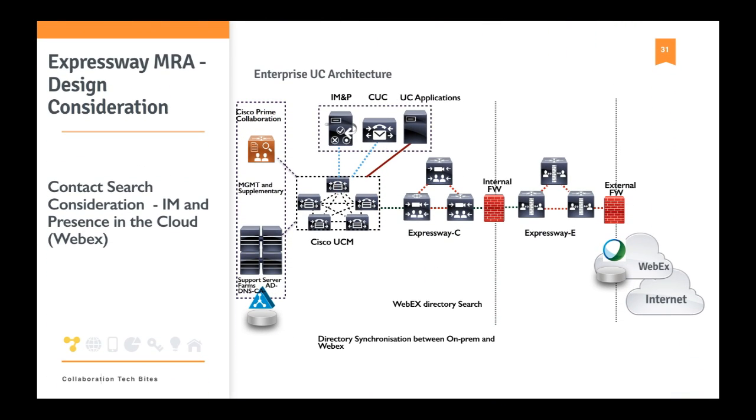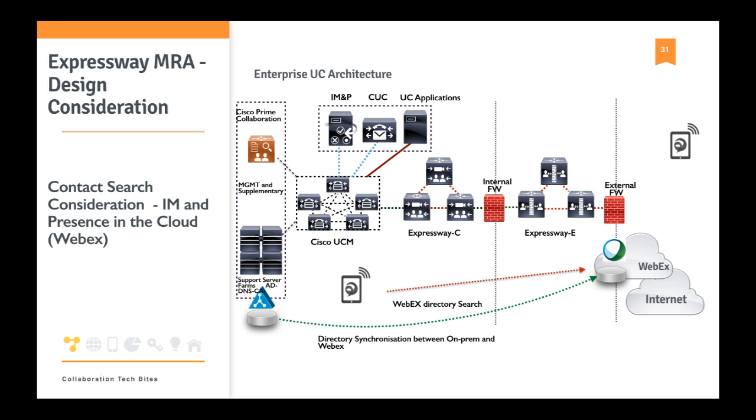Another design consideration, if you are having a WebEx or hybrid architecture. So if you are having a hybrid architecture within the environment, let's say I have two Jabbers. One Jabber is within the local network, is using the corporate wireless network to access all the UC services, Cisco Unified Communication Manager for registrations, IMN presence, Unity Connection for visual voicemail, and other UC applications. Talking about here, let's say internal WebEx meeting server, for example. If we want to search for contacts, it will actually,